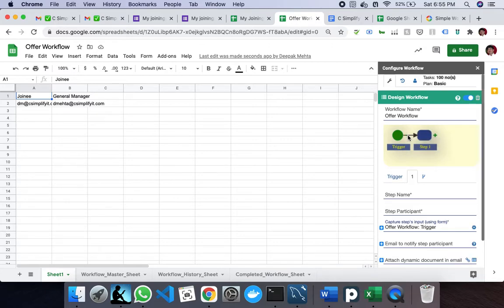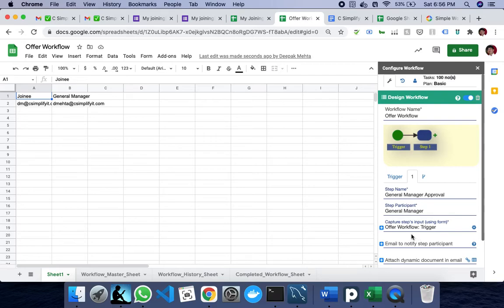Now I wish to define the first step. On the first step, I want to get general manager approval. So this is my general manager approval, and it is telling me, by looking at this sheet, which participant I want to work. I can again send it to joinee, but it doesn't make sense.